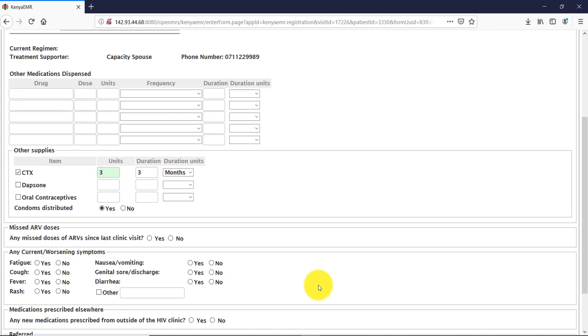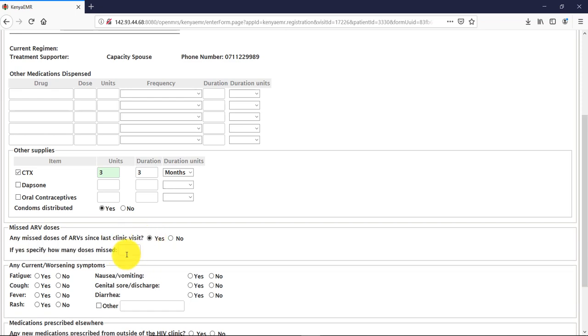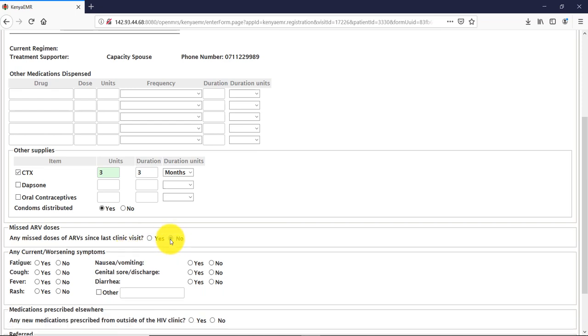Missed ARV doses. If the patient reports having missed any dose of ARV since the last clinic visit, select yes and specify how many doses were missed. If not, select no and proceed to the next panel on any current worsening symptom. If there is any worsening symptom, select yes on the radio button for the specific symptom.